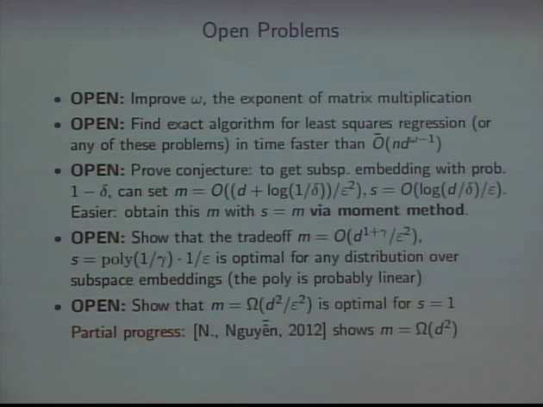Also, the trade-off that I showed with Hui, m was d to the 1 plus gamma, and s had to be at least this. But we didn't have this epsilon squared here in our trade-off, and that's something that is wrong in the trade-off we prove. And there's also this last problem. So in the last, I guess, minute or two or whatever's left,